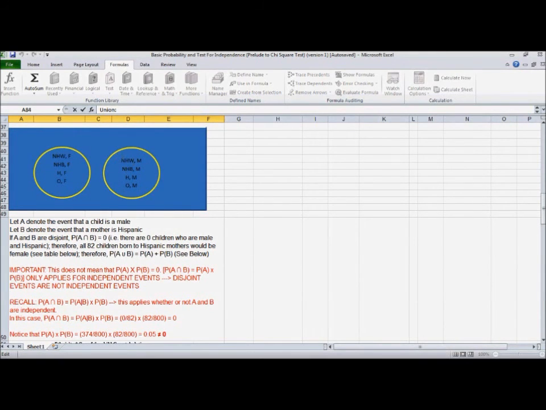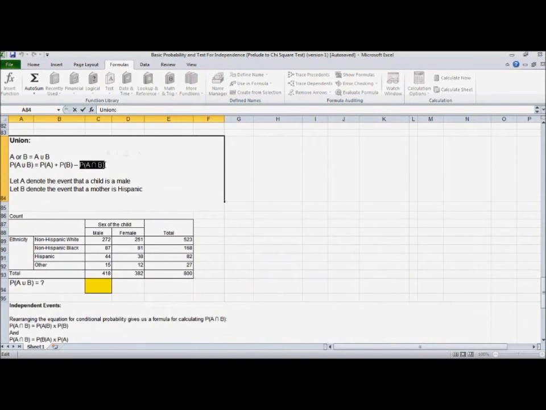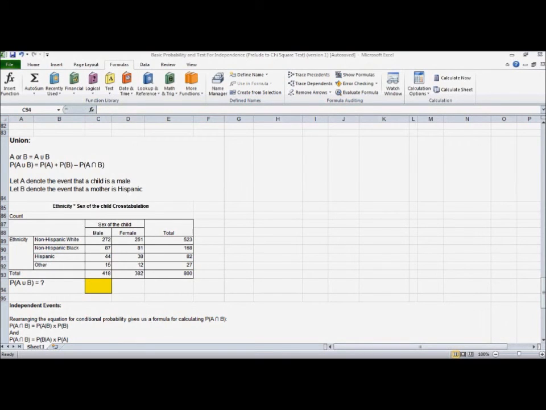of B. If these were not mutually exclusive events, these circles would overlap, and there would be an area where, if we were to simply add the two, we would be adding that area twice. So that is why you see this part of the equation here. We need to get rid of that. So when we calculate, for example, let's say that A was the event that a child was male, and let's say B was the event that a mother was Hispanic, and I asked you what's the probability of A or B. I could calculate that by first going to the probability of A,